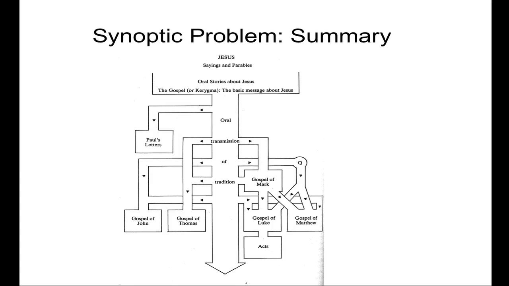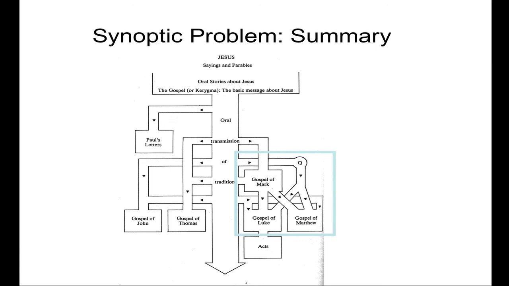And to give one other illustration of a recent diagram, and this is not that complicated. It's not as complicated as it first looks. This, I think, is about as good as we can actually do. You start with Jesus. He said stuff. He told parables. Those stories circulated. They were ultimately formulated, and not that much later, in a gospel, a message about Jesus, which would include he died for our sins. That all takes place prior to even Paul's letters, so it takes place quite early. That is orally transmitted even as things are written down.